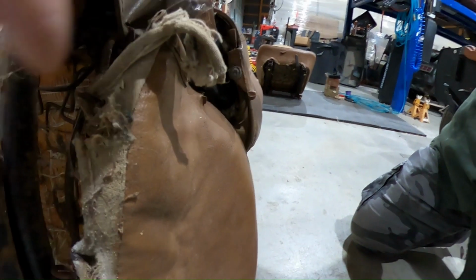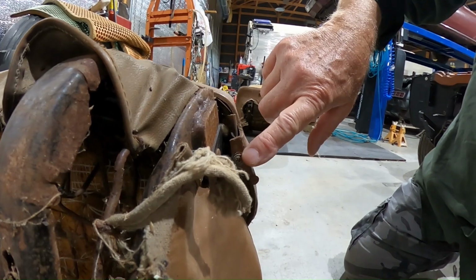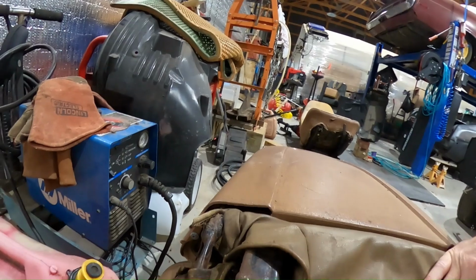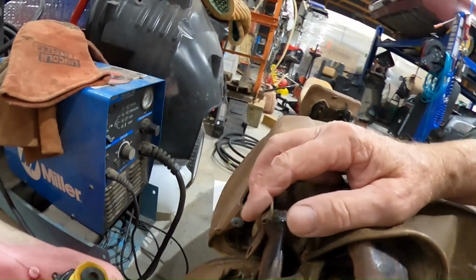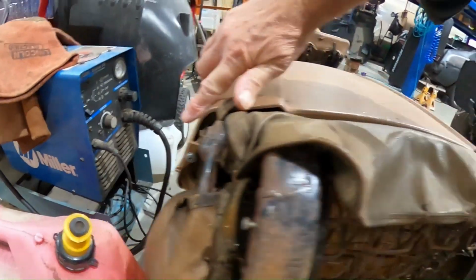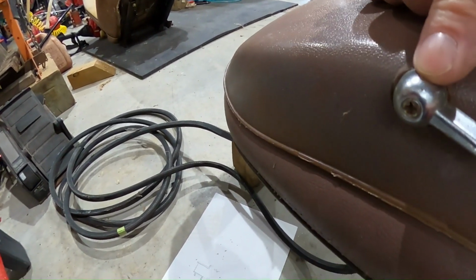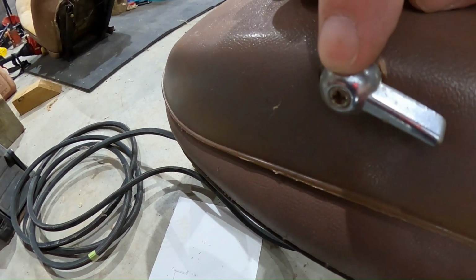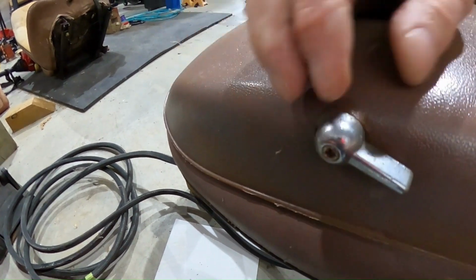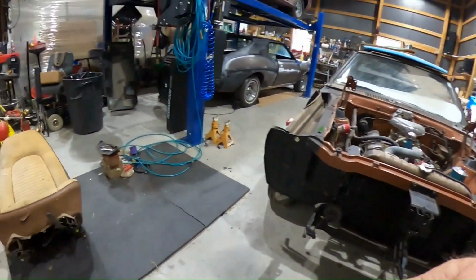If not, you're only this far away from it to get a screwdriver in there while it's in the car, and you will twist it off and it won't come out real nice and you end up breaking. But anyway, you have two of them, one on this side, one on that side. Phillips head screwdriver into here, okay, when you're seating these. All right, that pulls this out, takes this off, seat back comes off, and you end up with